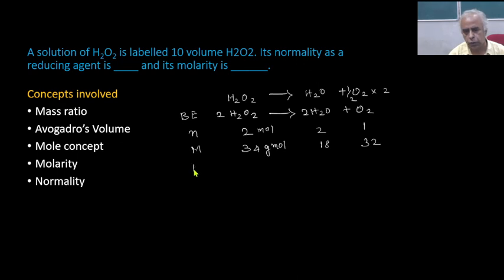Now let us work out the theoretical weight, that is WT, that is nothing but 68 gram, and mole inverse, they get cancelled. So we have weight in 68 as 68 gram. And what about this? This is 36 gram and this one is 32 grams. Okay, now we need to find out the mass ratio.